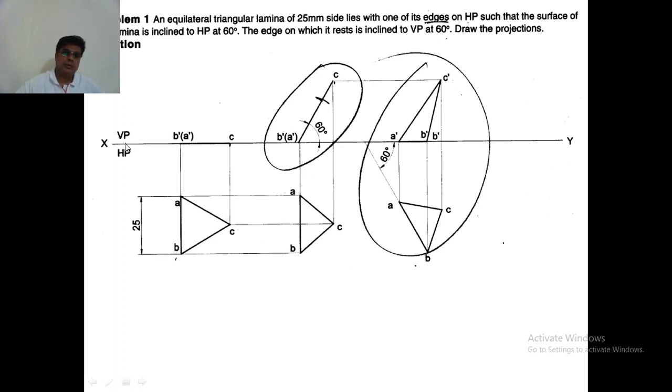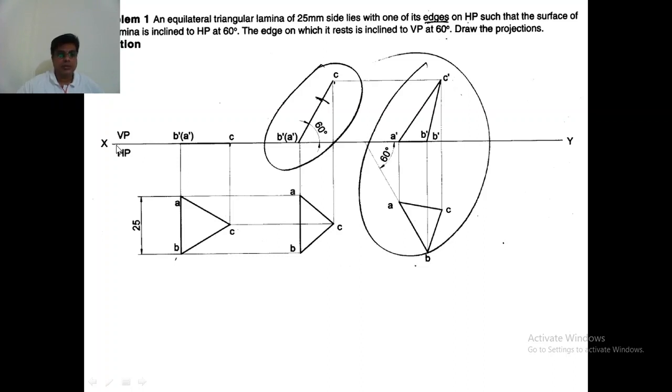Now we will solve this problem. We will try to draw like this. To draw this, we have some procedure and some standards you have to maintain. First, keep in mind that you are drawing manually, so you should use pencils and a scale. I told you there are three types of pencils you have to use: the micro tip pencil, the HB pencil, and the 2B pencil.